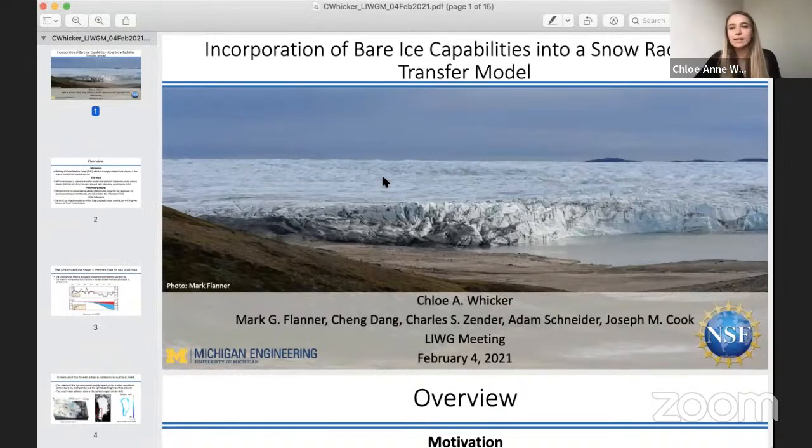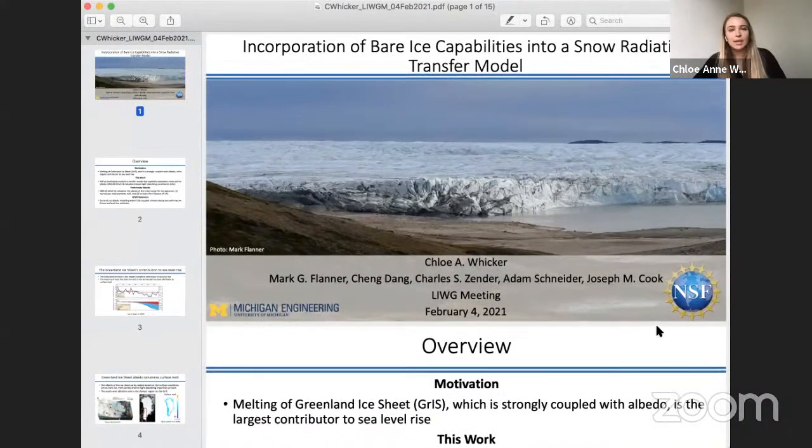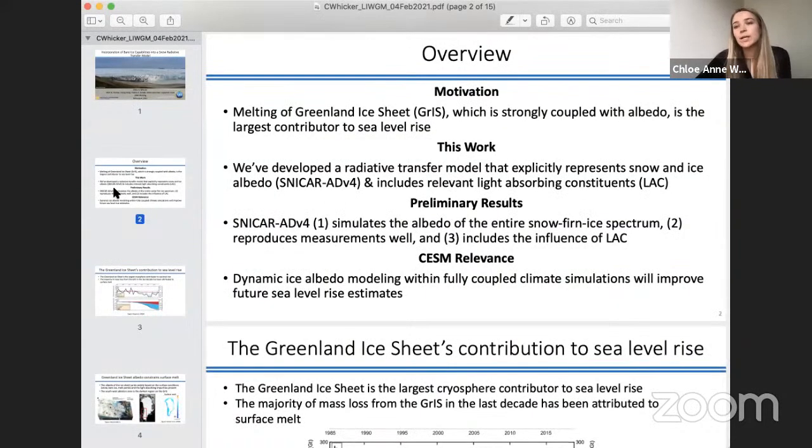So my talk today is going to be, like Gunther said, on the incorporation of bare ice capabilities into a snow radiative transfer model. So a quick overview. Our motivation is essentially the melt of the Greenland ice sheet, which we've heard a lot about this morning. My group has developed a radiative transfer model that is able to explicitly represent snow and ice albedo. I'll go into some preliminary results of our new model and then go into the relevance of it